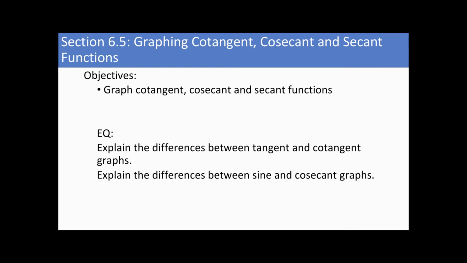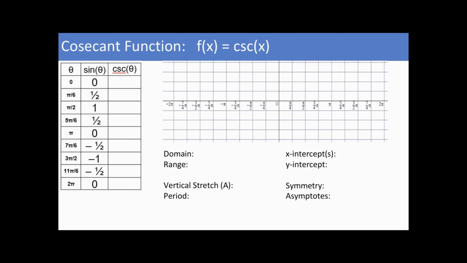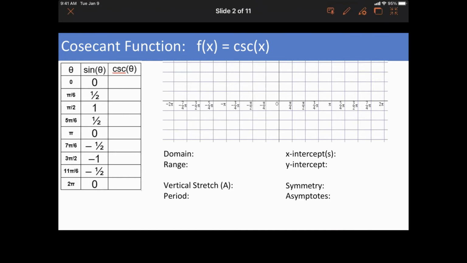Hello. This lesson is going to be on graphing cotangent, cosecant, and secant functions. Now, cosecant and secant graphs are very different. So we're going to talk about its reciprocal graph, which is sine. So here are just some numbers that we've done before for sine. And remember, we know that cosecant is a reciprocal of sine. So instead of looking at the unit circle like we did, we can just take the sine values and then